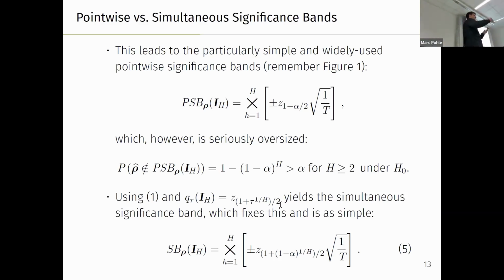It gives you an intuition about uncertainty, about how far you are away from the null, but you can't really decide if there is temporal independence in a statistically sound way or not. Okay, and using the